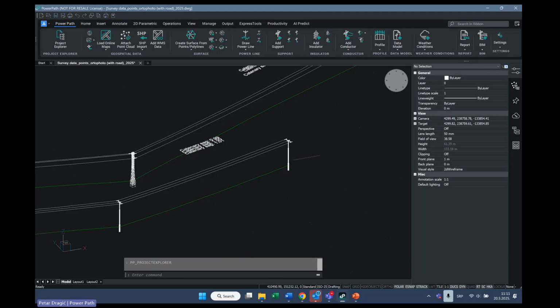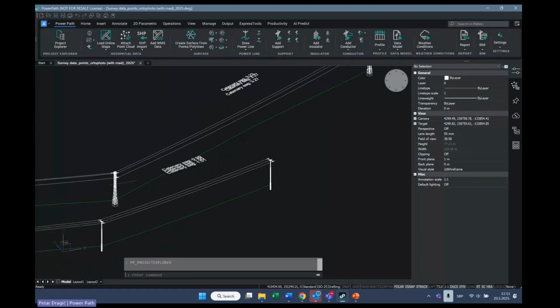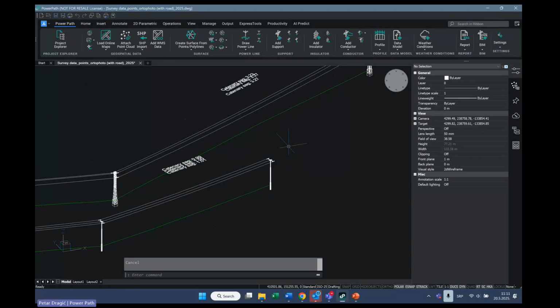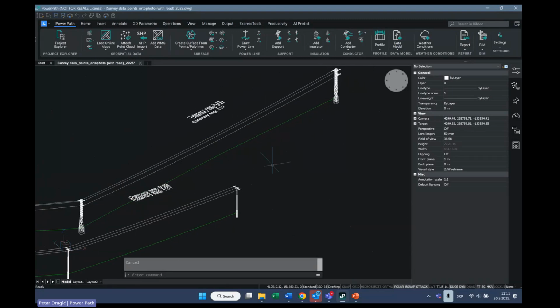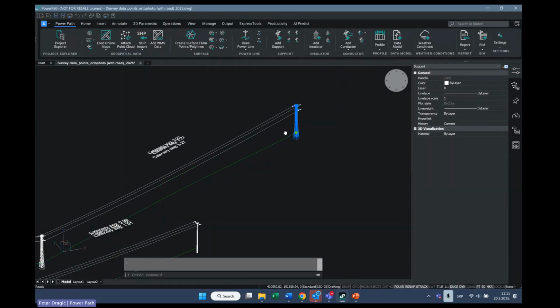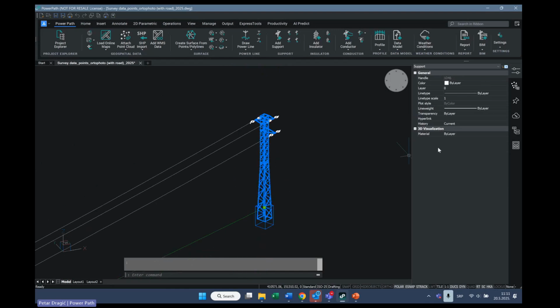To be more clear, in the previous version, when you wanted to create the BIM model, you had just the option to create alignment as I created now, but without the possibility to manage property sets of your BIM data. Now you have full control for managing property sets. For example, if I select just one support, you will see that it has some basic information without BIM attributes.